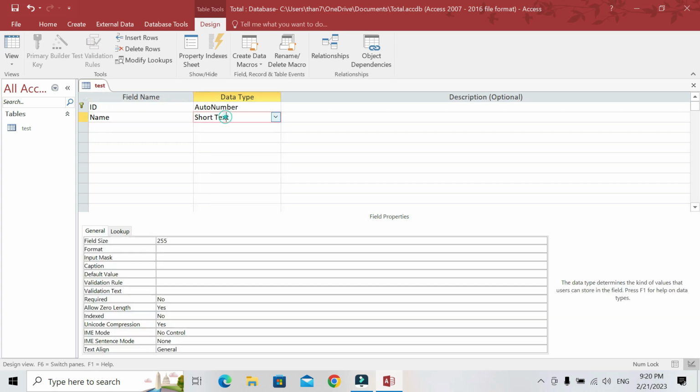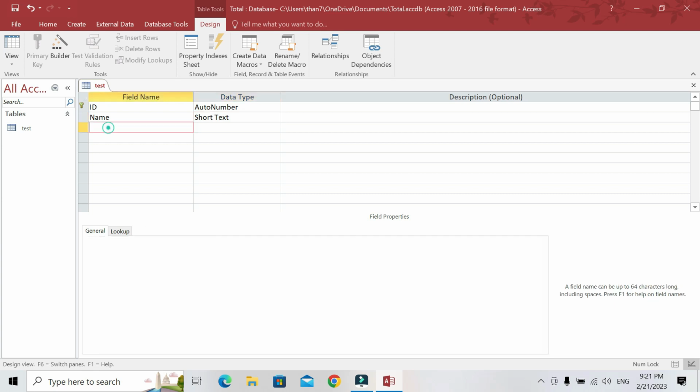If you choose short text, there are field properties here. For example, field size, you can write 255. If you want to decrease the character limit, if you want to reduce it, I will erase 255, for example, like that. And then here, validation rule, you can also make a validation, but I will explain that topic in a later video.